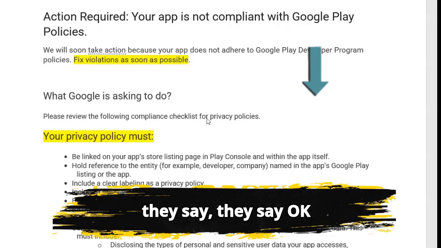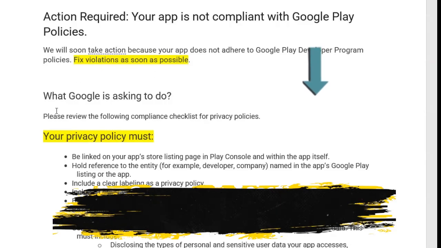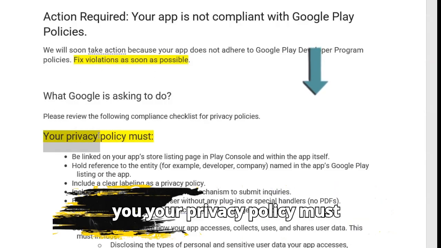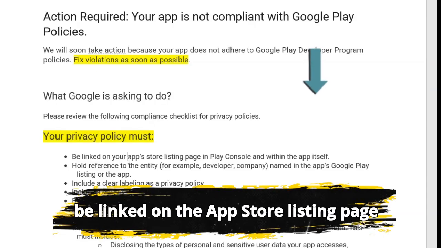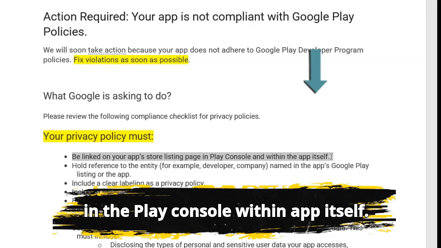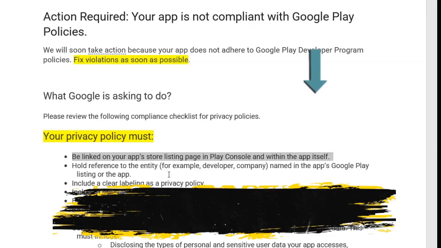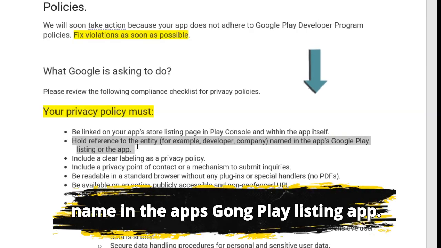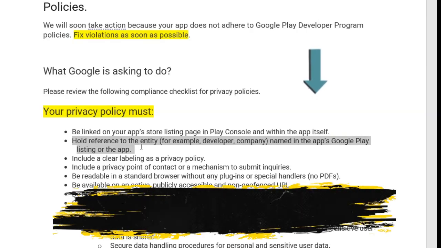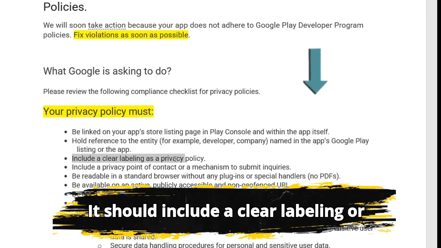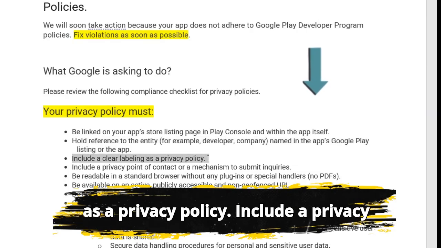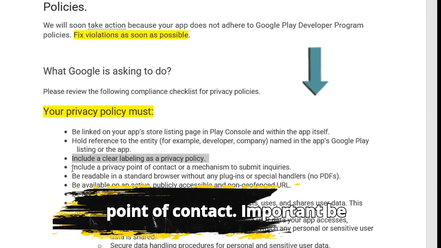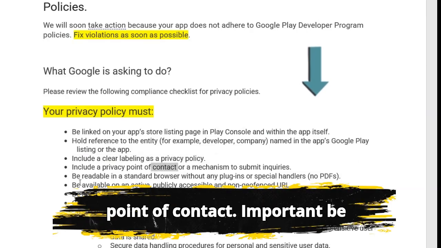What they say is: your privacy policy must be linked on your app store listing page in the Play Console and within the app itself. It should hold a reference to the entity name in the app's Google Play listing. It should include a clear labeling as a privacy policy, include a privacy point of contact, and, important, be readable